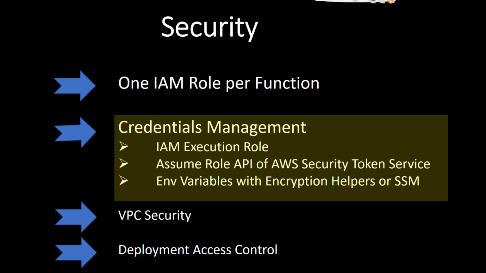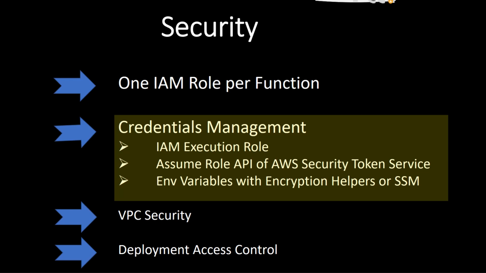But in some scenarios, let's suppose you want to connect to cross-account services. So let's suppose you have one VPC where you are running your Lambda function. Now you are connecting to a PostgreSQL database which is running in another VPC. Now in this case, you would need some credentials to access that AWS resource which is sitting in a different VPC. In that case, instead of hard coding the access key and secret key in your code, you should